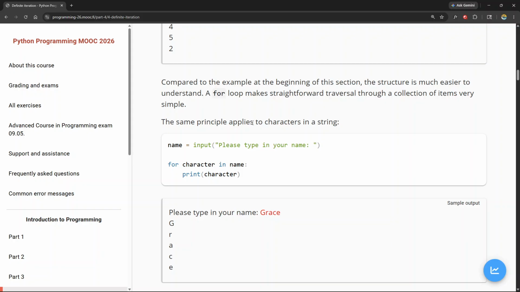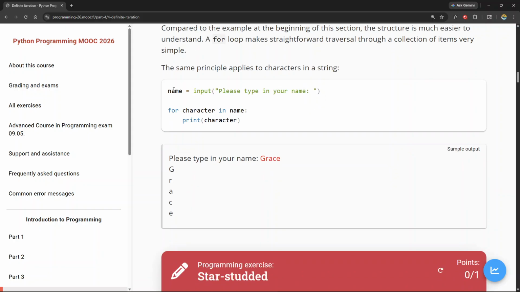The same principle applies to characters in a string. Here we have a variable called name. It stores a string input that we prompt the user for. In this instance, we're prompting the user to input their name. Then we have a for loop here: for character in name, print that character. So when we prompt our user and they type in Grace, it's going to take that string, isolate each character, each index, and then print that index. So it's going to print Grace,